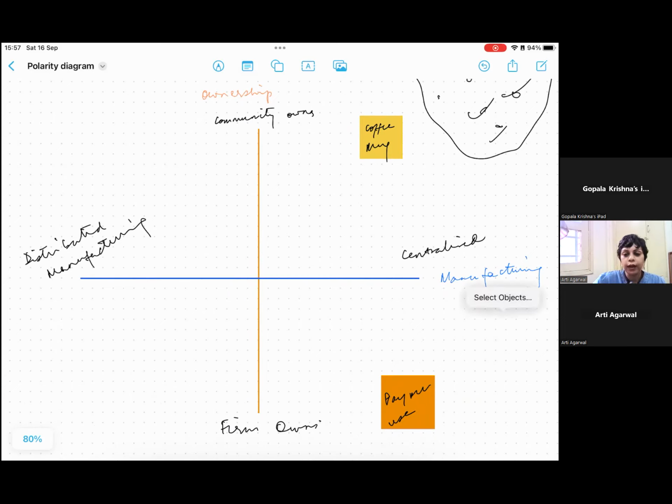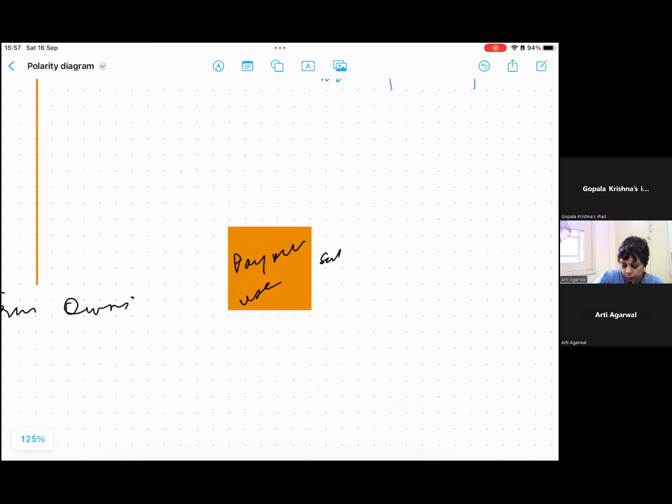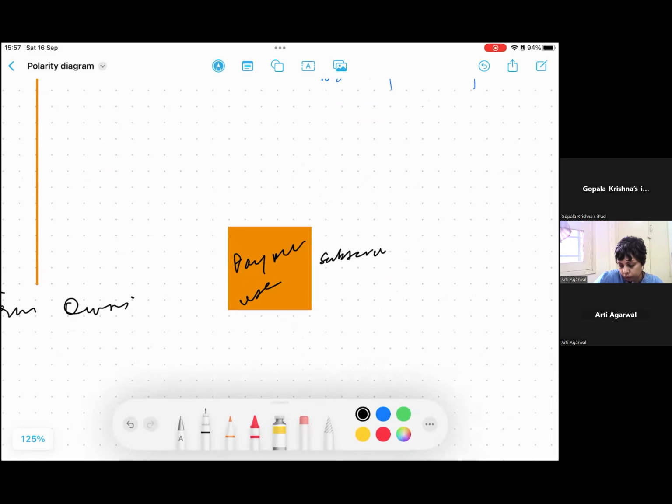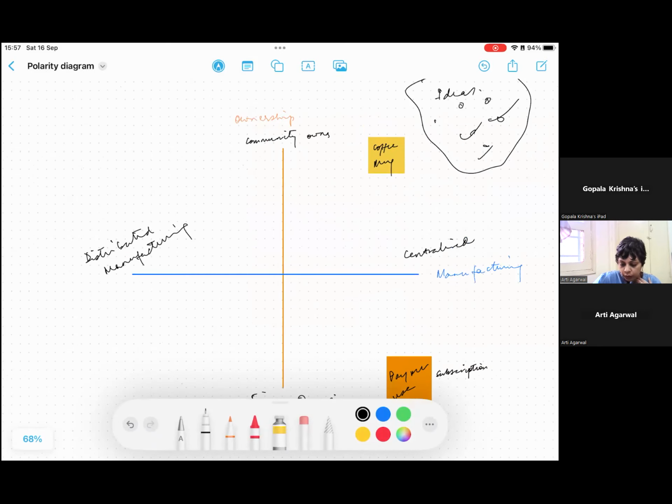But this is manufactured still in one place. It is not getting manufactured anywhere on demand like that. It is still manufactured in one place, sold from one place, or shipped from one place. And the firm retains ownership. The customer just buys a subscription, something like a subscription, right? Some model like that. Then you can have some other